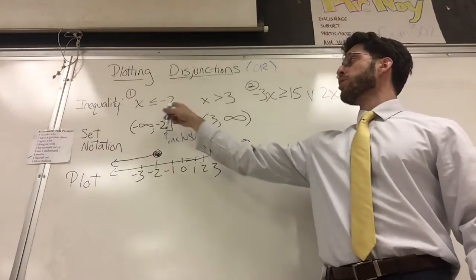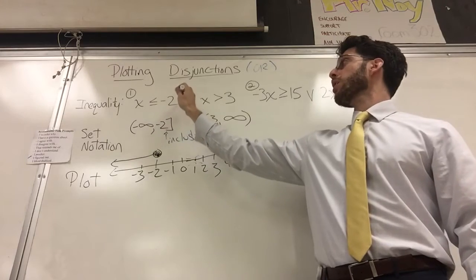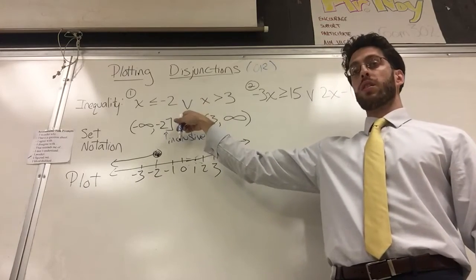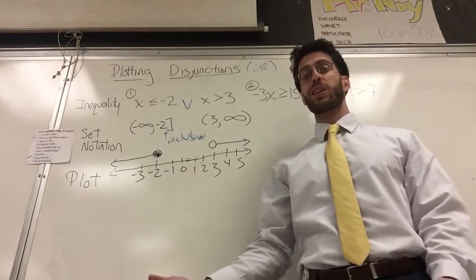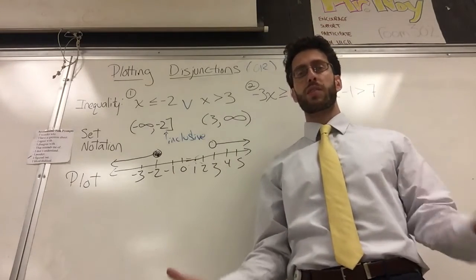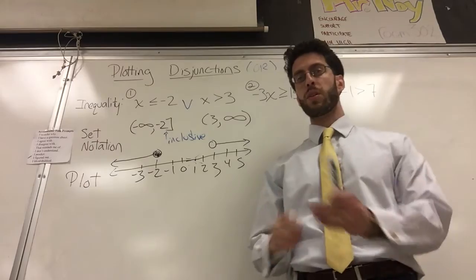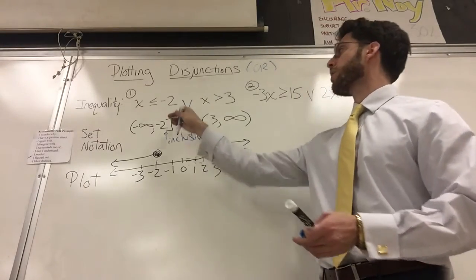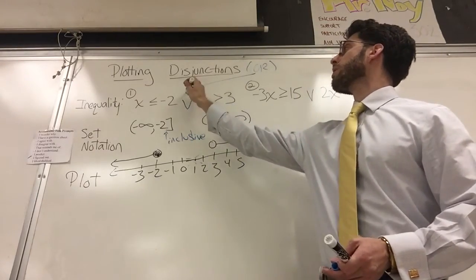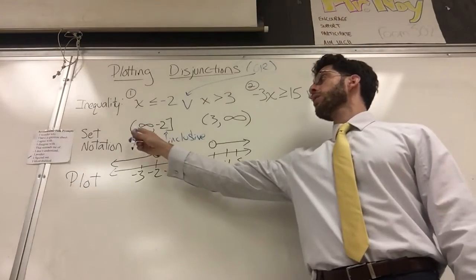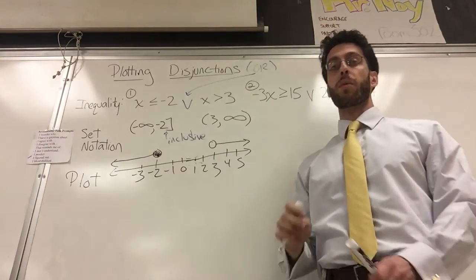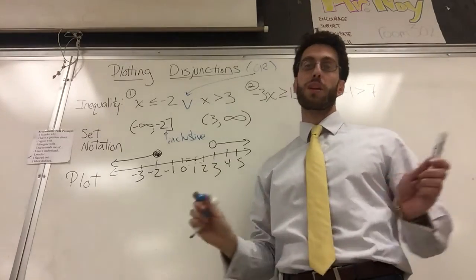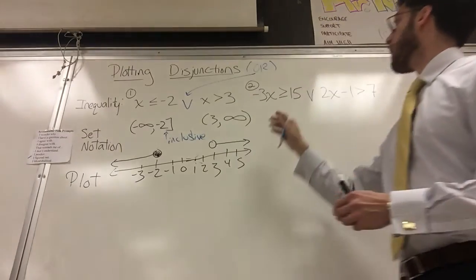So when you get a question and you see one inequality or a second inequality, just put it on the same graph. So really, a disjunction is just two questions at the same time. It's very, very simple. Just double the workload. So this symbol means or. So you learned set notation and you learned the disjunction symbol. You can probably guess what the conjunction symbol is, but I'll do that in another video. Next,